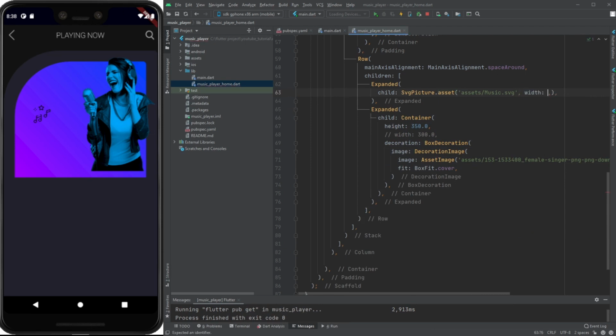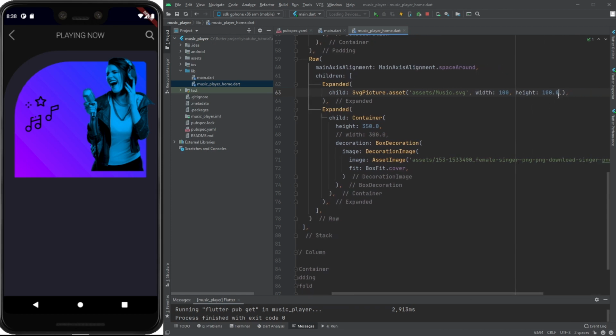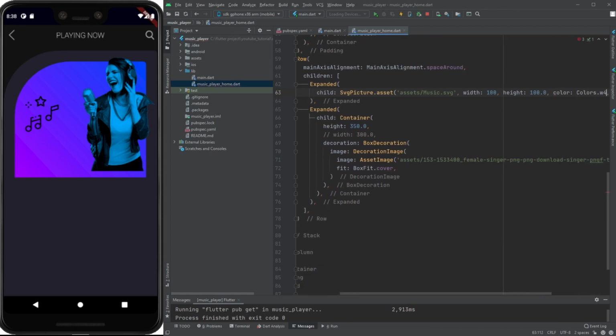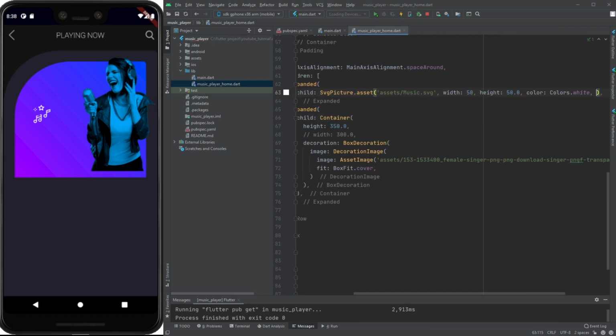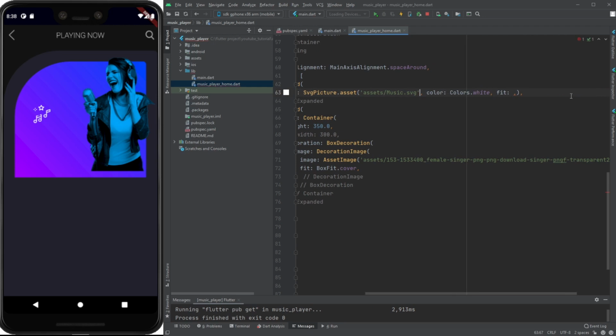So I will set the height so it looks more. Color should be white. No, it doesn't look better, but I think we need to set more images here. Box fit should be cover. Contain should be contain. Okay. Now